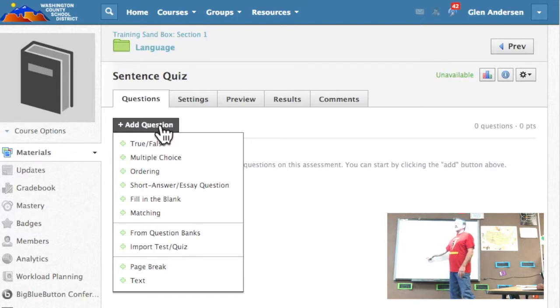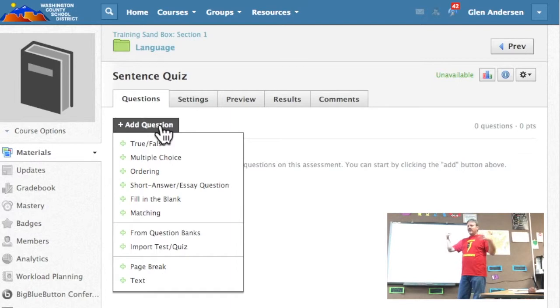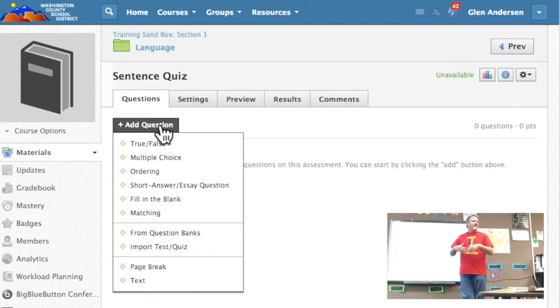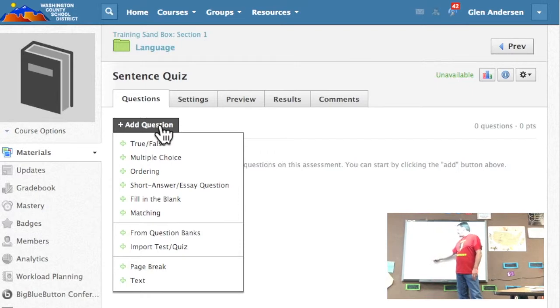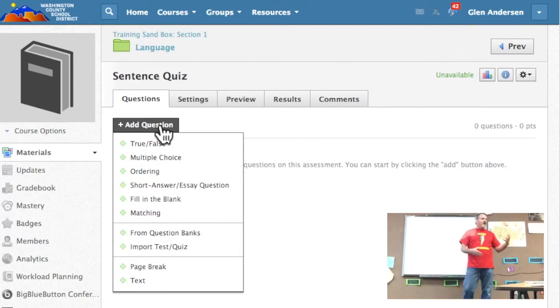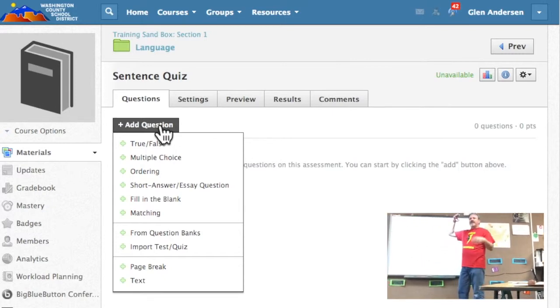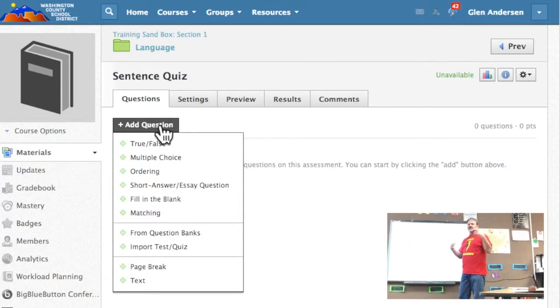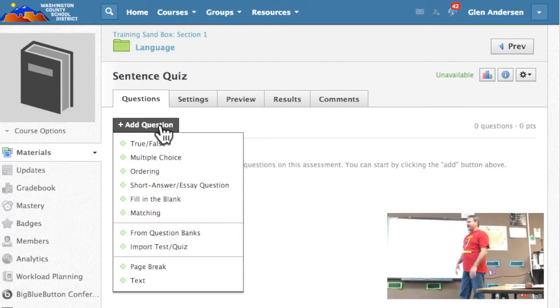These are question banks that the districts put in for, they're trying to put all the Treasures tests in so you can just pull from things. Any question banks from anywhere that they've put in, you can look at those and start putting those things on. And this one is if you want to import or test a quiz from Treasures or Wonders or My Math or whatever, you can import it from there. And then you can actually design the test different. You can get rid of questions, you can add your own, you can do different things with it. And then there's a page break, or if you want to add something at the beginning, like don't forget to read this or something like that. So I'm going to add in,